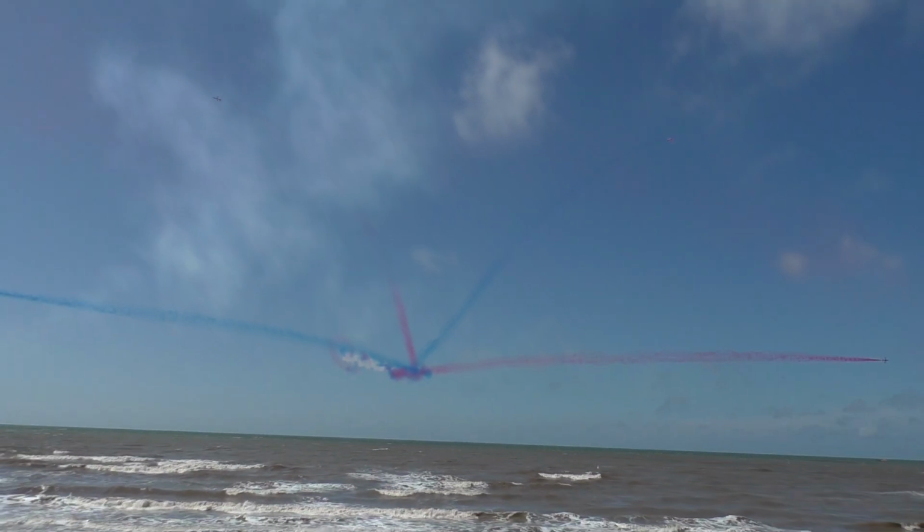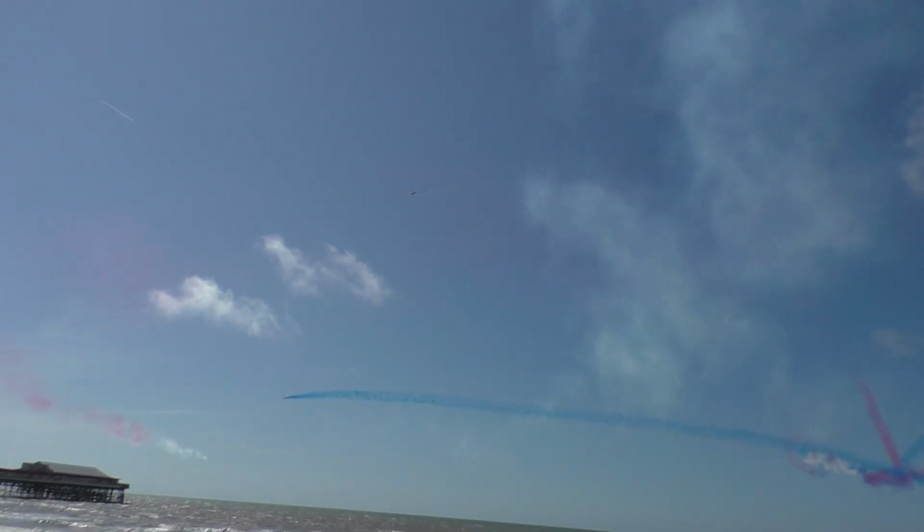We have Red 7 and 8 to our left-hand side, Red 6 and 9 to our right-hand side. Essentially the Synchro pair are led by the Synchro leader, that is Red 6, Flight Lieutenant Stuart Roberts. Off to our right is Rosie White. He was in his 3rd and final year on the team. He's a former Typhoon pilot with 11 and 12 squadron based at RAF Coventry and has taken part in numerous